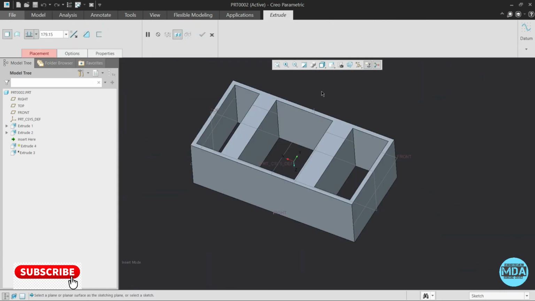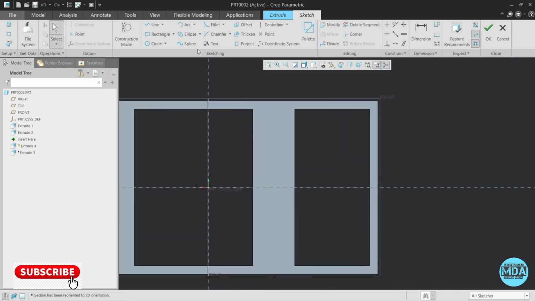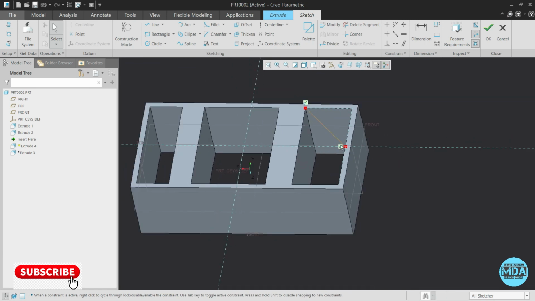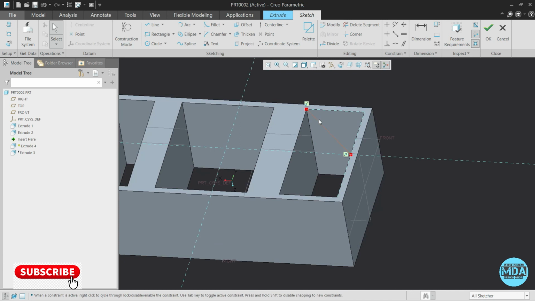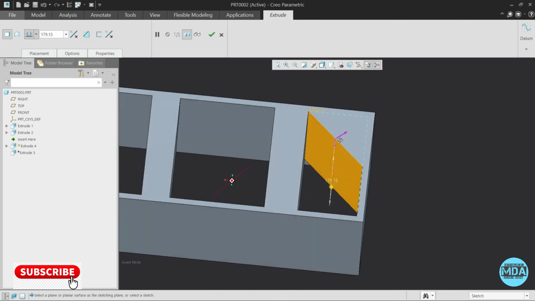In some cases we can extrude an open loop as a solid. Which situation is this? Here I am sketching a line from this end to this end. You can see that this is an open sketch, but the adjacent edges make the sketch closed. So this sketch you can extrude as a solid.